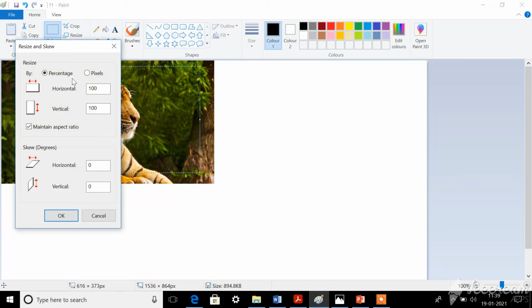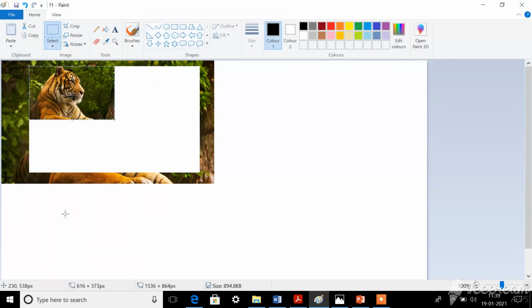This is the resize and skew window. Already you should give this tick mark, maintain aspect ratio. It should be ticked. Then in percentage you can give, see, already it is 100. Now I am going to change that to 50. Then I am going to give OK.